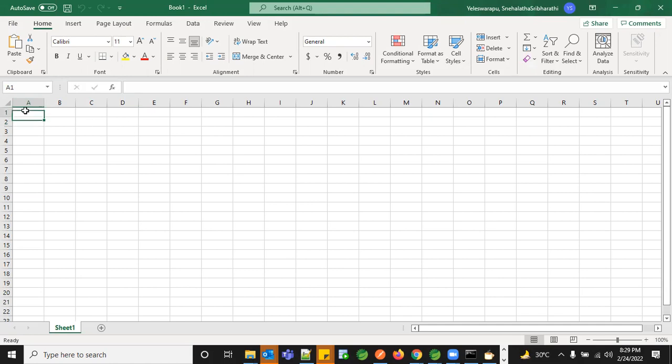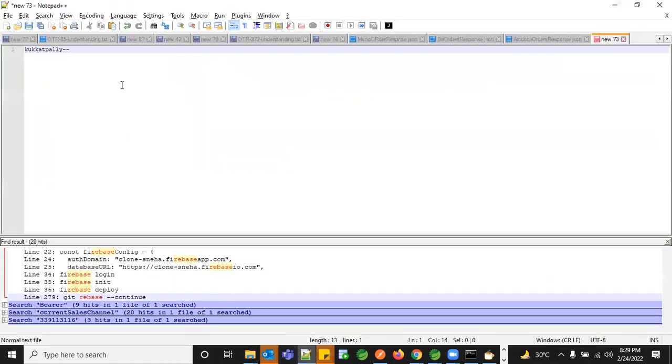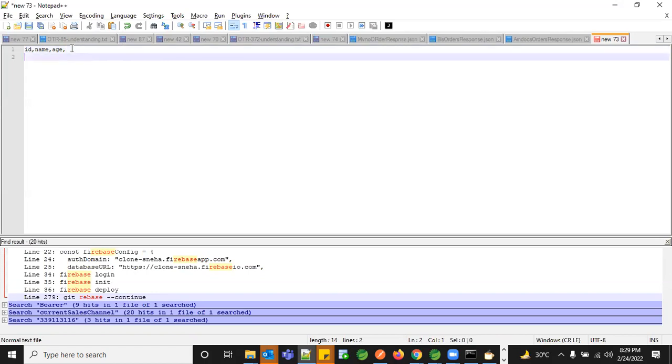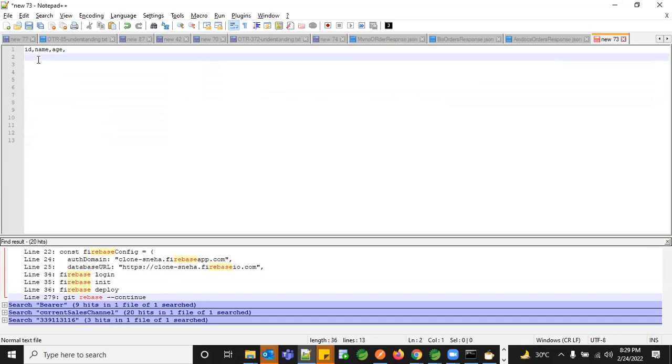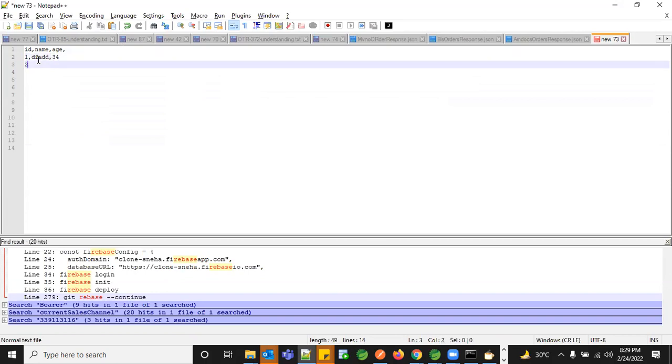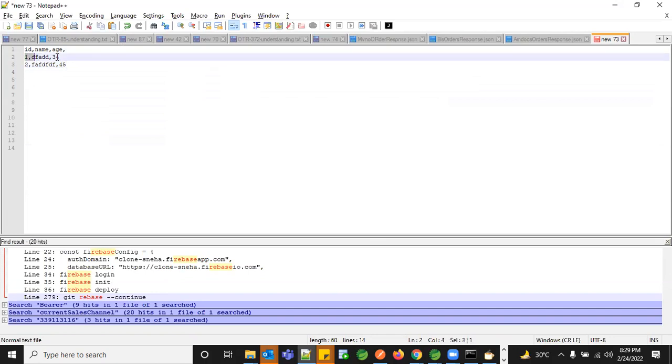So what we do is, the first line in your CSV file, let's say, is ID, comma, name, comma, age. So this is your header. All your headers would be on your first row, and there is no limitation in the CSV, like you should have only this many headers. It's more of comma separated information, and the string can hold all your data. After that, however many entries you have, like 1, comma, xxx, comma, 34, and 2, comma, some, comma, 45, each line is taken as an entire row.